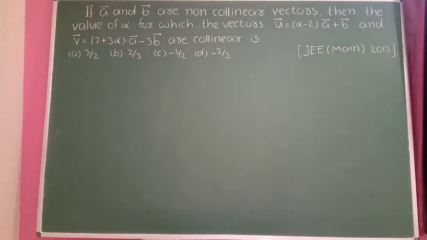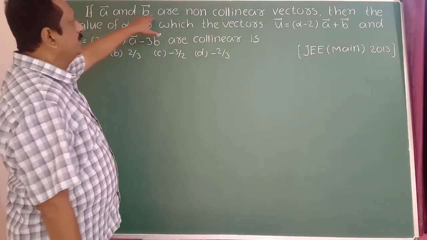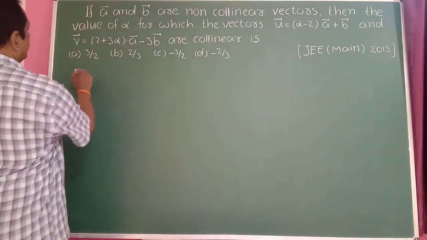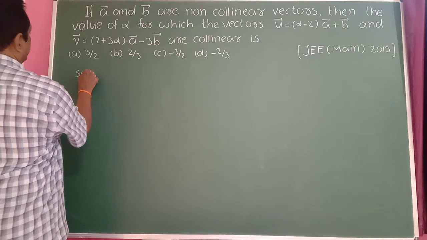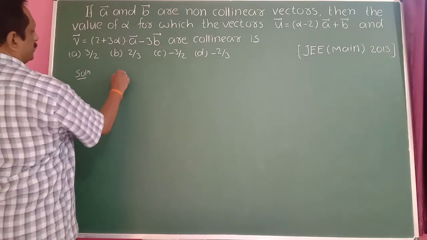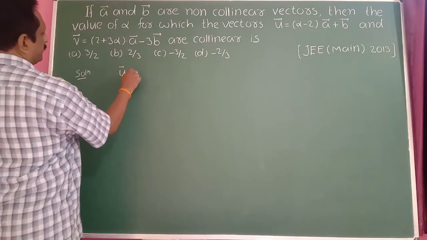So if the vectors a bar and b bar are non-collinear vectors, then the value of alpha for which the vectors u bar and v bar are collinear. Okay, these two vectors are collinear, but these two are non-collinear. Okay, take care. Solution. The vector u bar is